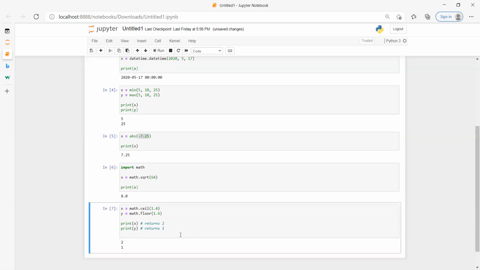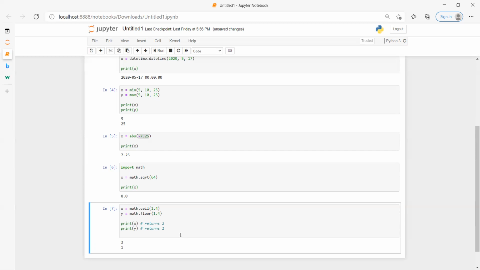There are many built-in modules apart from the datetime and math modules. We have many modules available, but just to show you how the predefined built-in modules normally work, I showed you some samples by importing the modules and showing the functions of those modules.